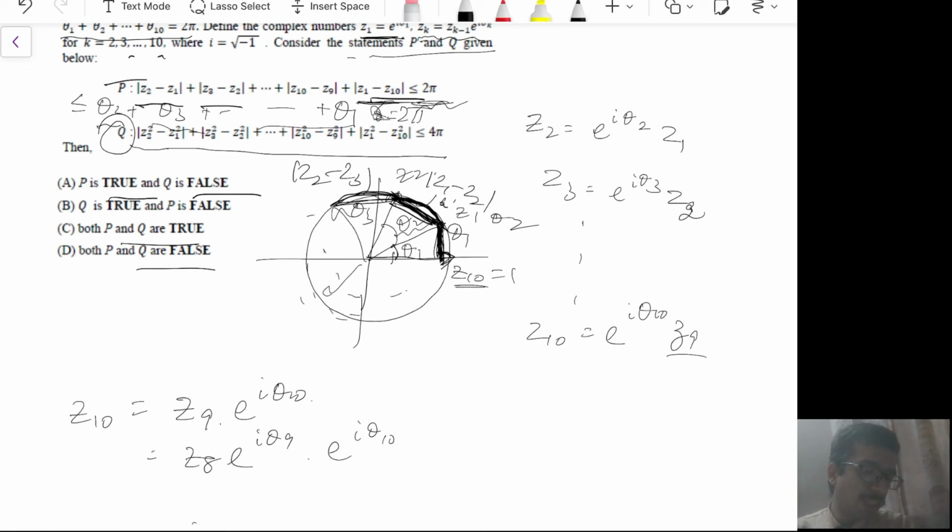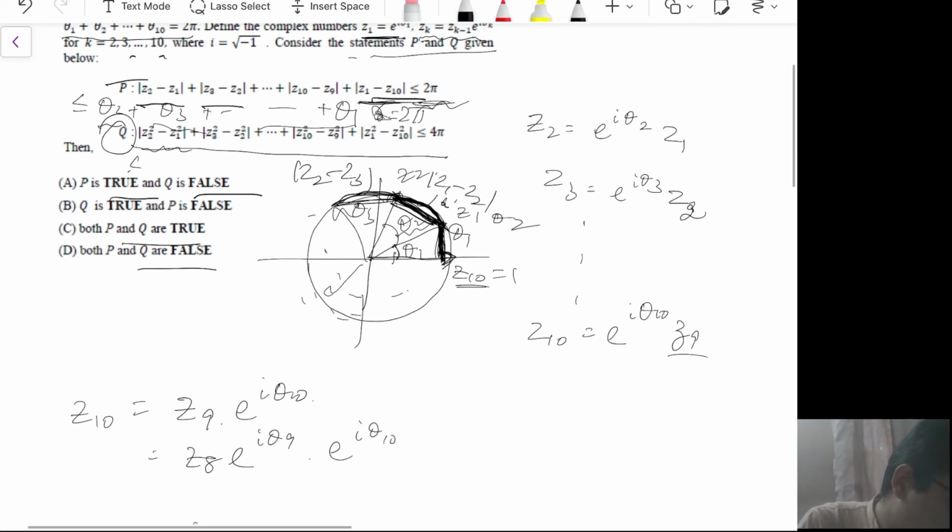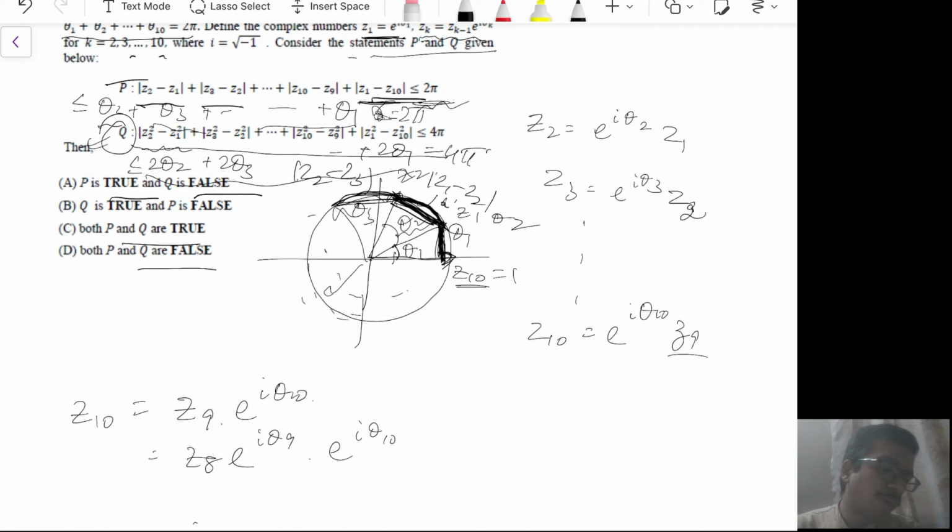And essentially, now what is going to happen is that mod of z2 square minus z1 square is less than or equal to twice theta 2, next you have twice theta 3, and so on, and then you have twice theta 1. So this is actually equal to 4 pi. So Q states that the sum of differences of squares is upper bounded by 4 pi, but that is also true, right? So both P and Q are true. C is the right option,